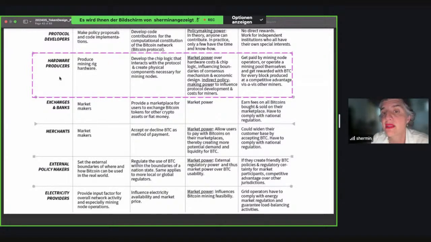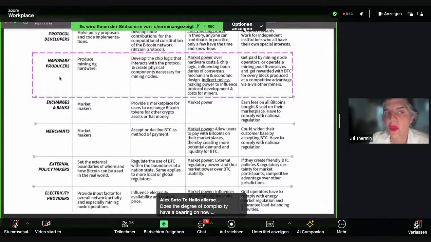They influence the boundaries of the consensus mechanism and the economic design. They have indirect policy-making power to influence protocol development because they influence the cost of operating a mining node. They get paid by mining node operators, and because they have this kind of market power, they're so centralized that it is often cheaper for hardware producers to operate a mining node than for non-hardware producers,